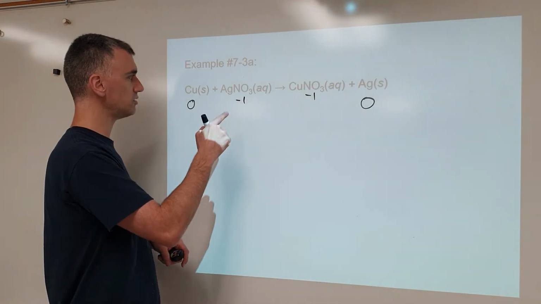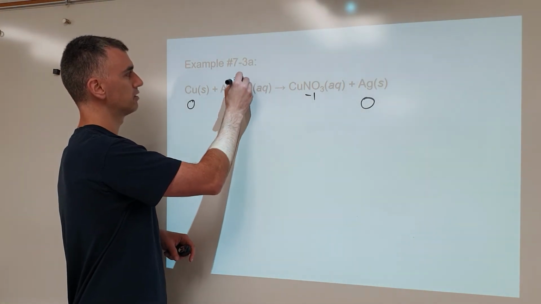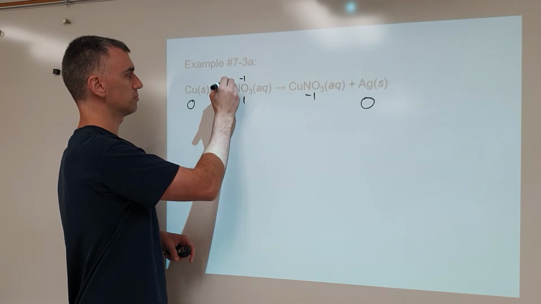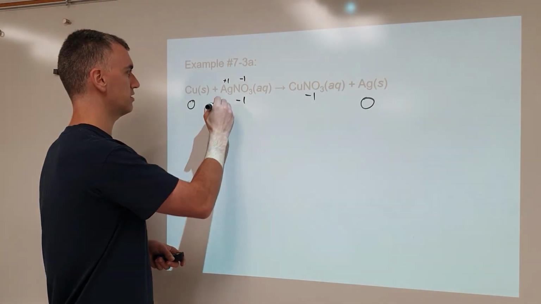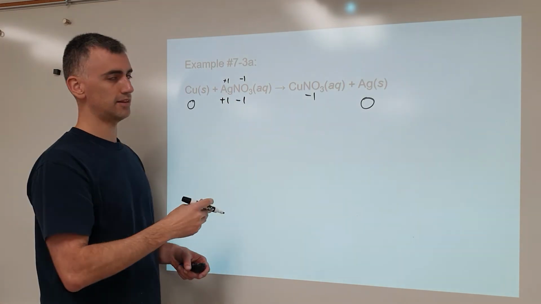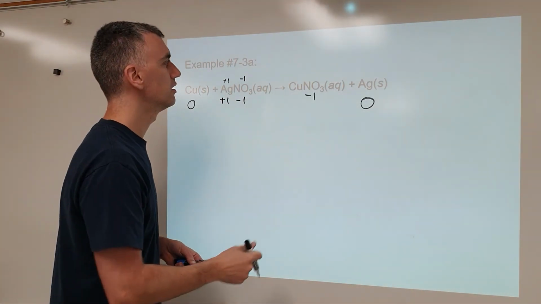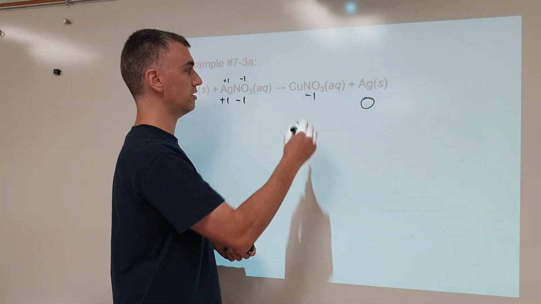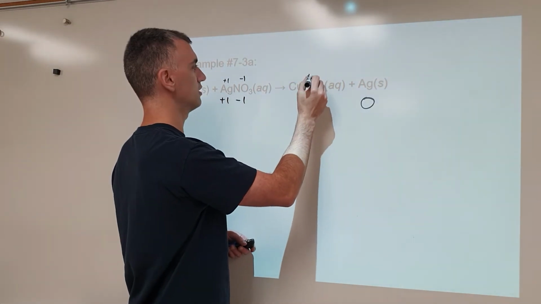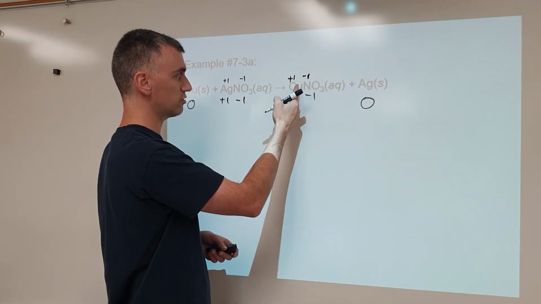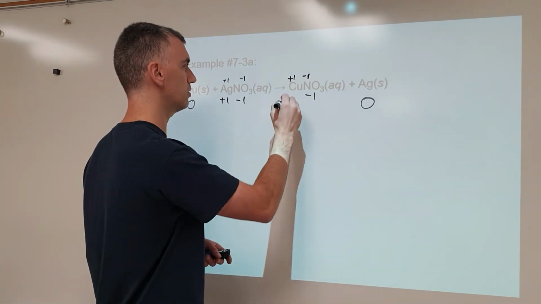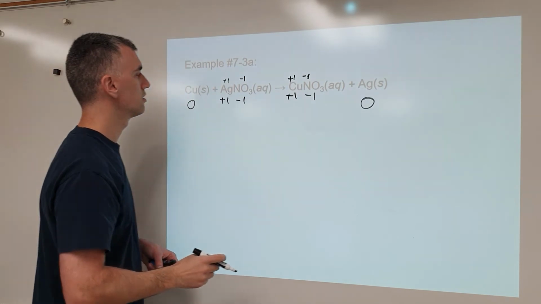So here's the thing, guys. If nitrate's a -1, silver's a +1. If you didn't already know the charge of silver, that's how you could have figured it out. Okay, silver's a +1 charge here. And that's in general what charge is going to be. Now, for copper with a variable charge, same thing. You got to be like, nitrate is a -1, therefore the copper must balance out being a +1, because it's 1 nitrate, 1 copper. So there we go, the copper must be a +1. So we say, okay,